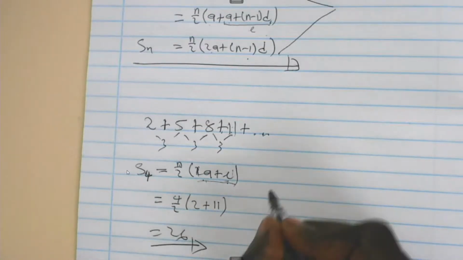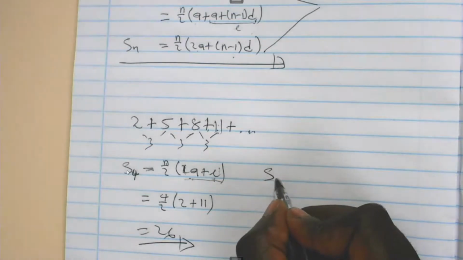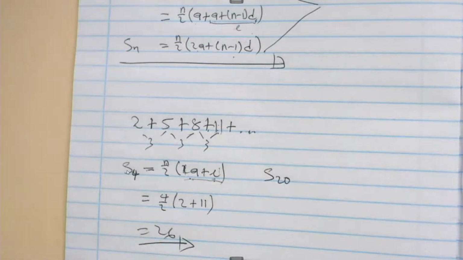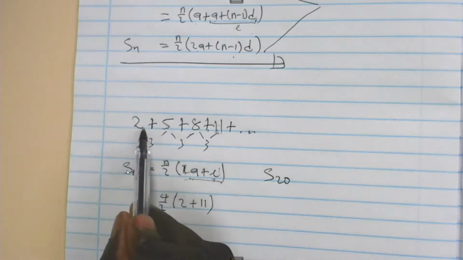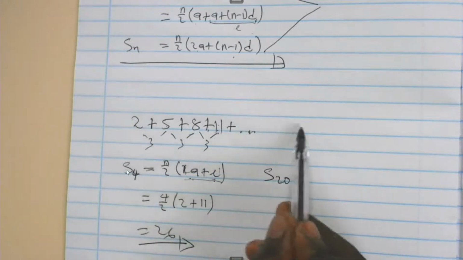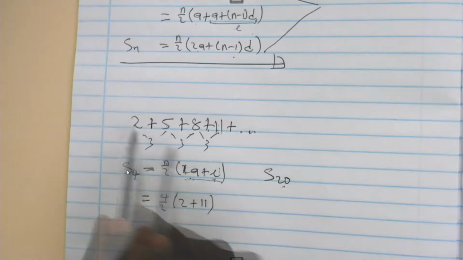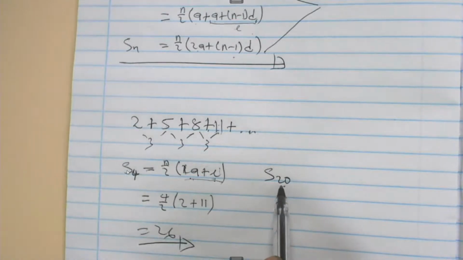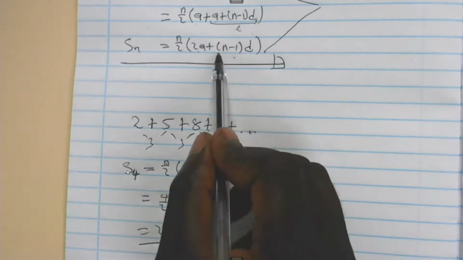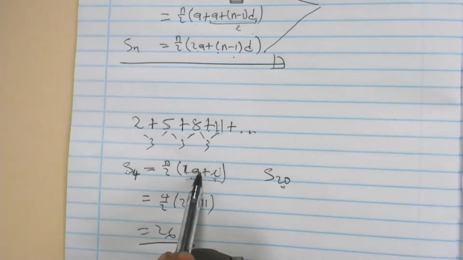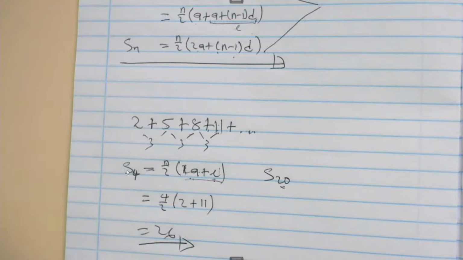But let's say, for instance, we were required to find the sum of the first 20 terms of this sequence, meaning that you add all the terms up to term number 20. The easier way would be to use this formula, because it sums up all the terms that you want to add in